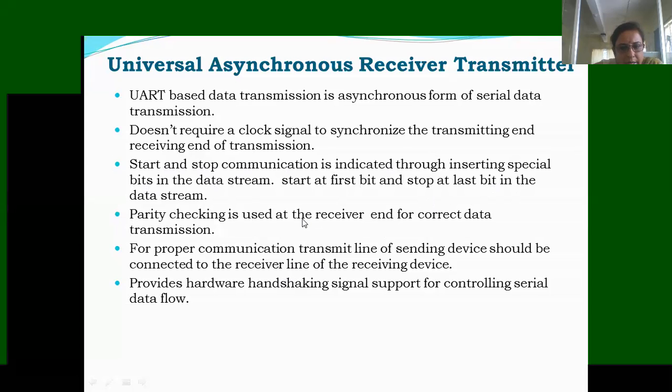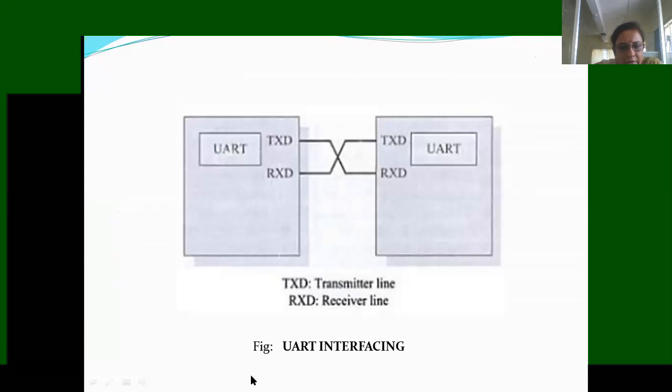And here you can see what the UART interfacing is. So these are two UART devices communicating. Here the transmission line of one UART is connected to the receiver line of the other UART. At the same time, if the other UART wants to communicate, then its transmission line can be connected to the receiver, right? So here the bus transmission happens basically through the handshaking, right? So these are two embedded devices communicating with the help of the UART interface.